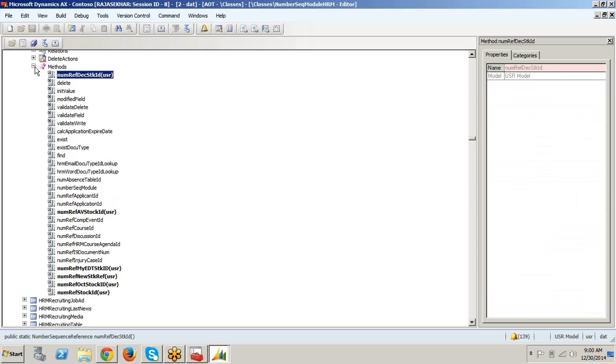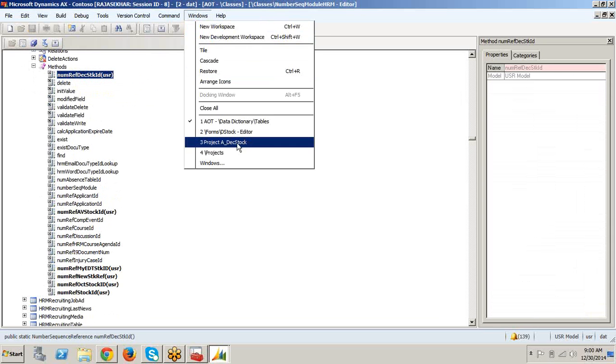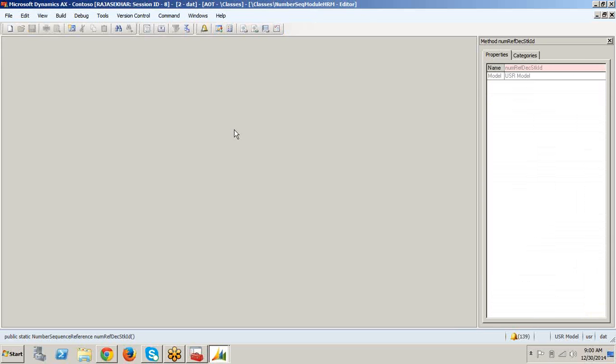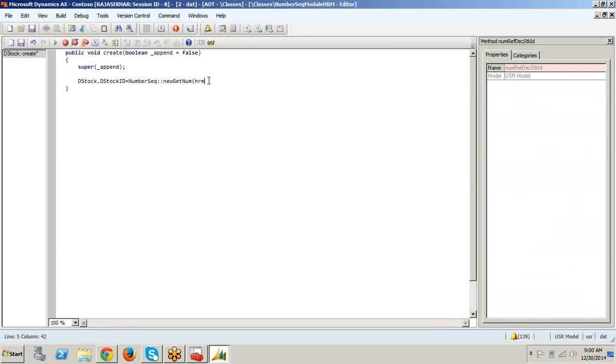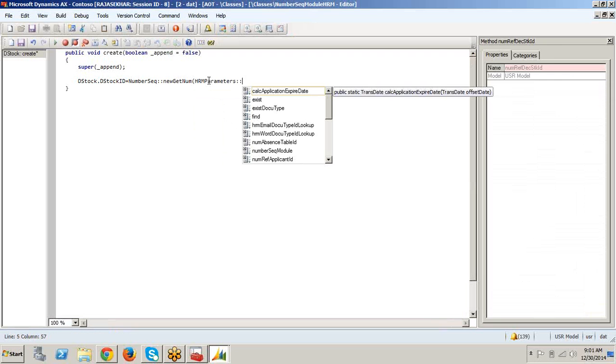So this has to be called over there. So what I will do is HRM parameters, that is a static method. So static method, just a minute.